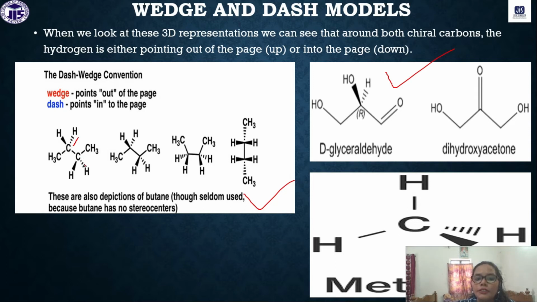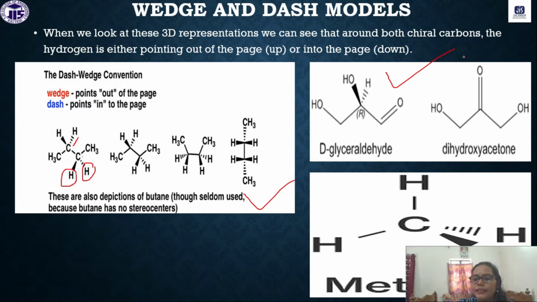Now here also you can see the dotted bond, that means this hydrogen atom is behind the plane and this hydrogen atom is towards yourself, and this CH3 is in the plane. So this methyl group, carbon group, this carbon C1, C2 if we assume, and this methyl group, these four groups are in the plane, and one hydrogen atom is behind the plane and one hydrogen atom is towards yourself, right. So this is the flying wedge or dash wedge convention of any molecule.